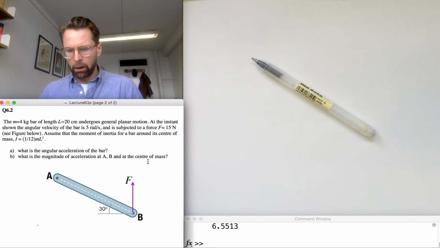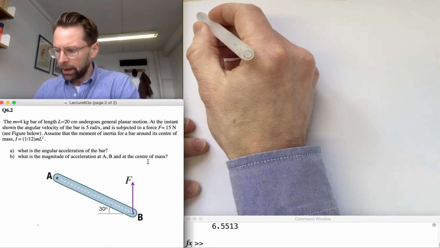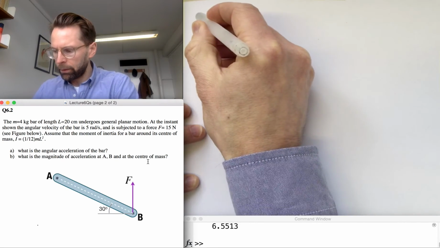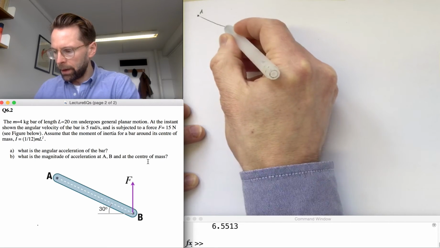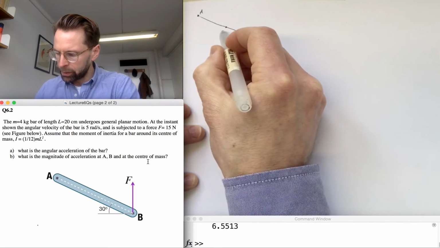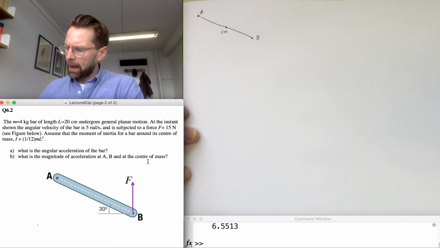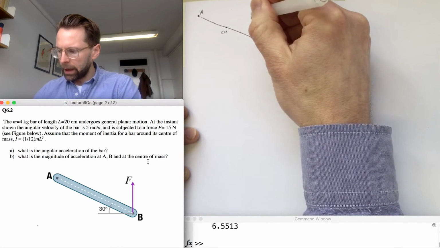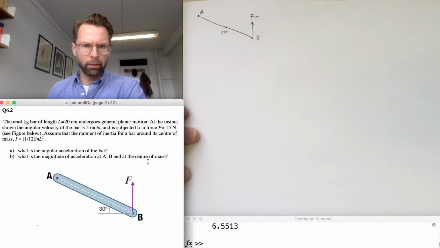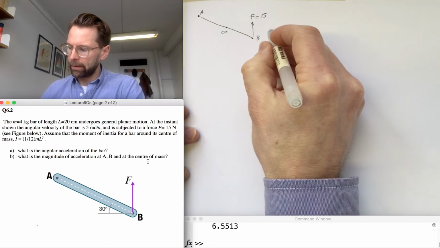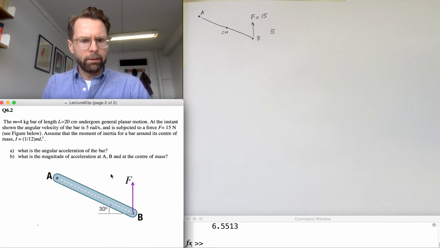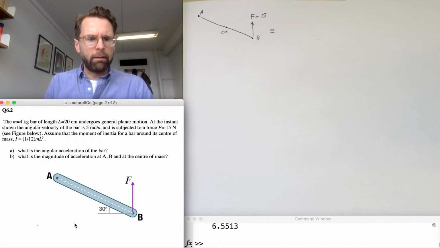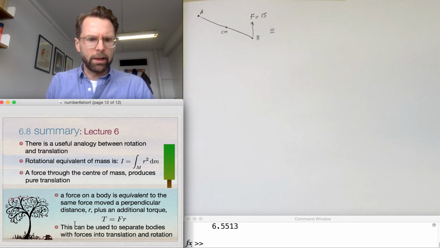So let's start by drawing a sketch of the bar with A and B, and then the centre of mass also labelled, supposed to be halfway along. And we've got this force F, which is given in the question as being equal to 15 newtons. Right? And that is equivalent, and here I'm going to refer to our notes at the end of lecture 6